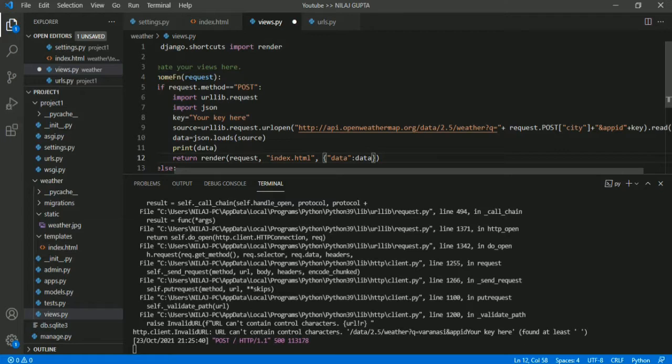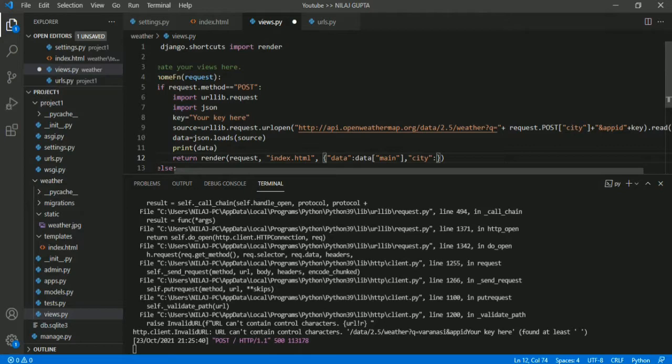And that data is now in dictionary type. Okay, so there is a key called main, and there is a lot of data in that. But we will use its main data. So after that we will pass the city name also.